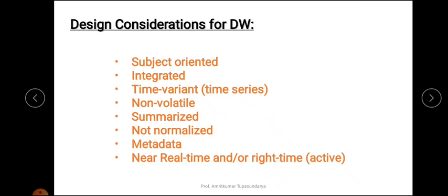Now metadata. Basically, metadata is the data regarding the data. So if there is any data, the information which is provided regarding that data can be called metadata. In other words, every element in the data warehouse should be sufficiently well defined. So for every data, there will be a metadata which defines that particular data.